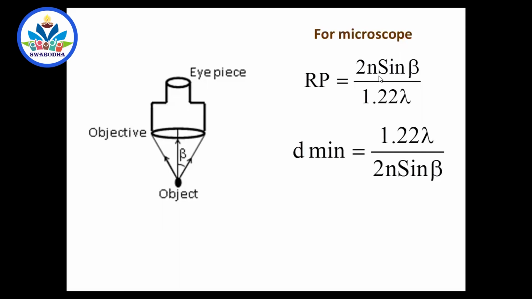What do you mean by limit of resolution? It is the minimum distance at which the two-point objects appear just resolved when seen through the microscope. Okay, now one more question. So you may get "what do you mean by limit of resolution", or you may get formula, terms, explanation.